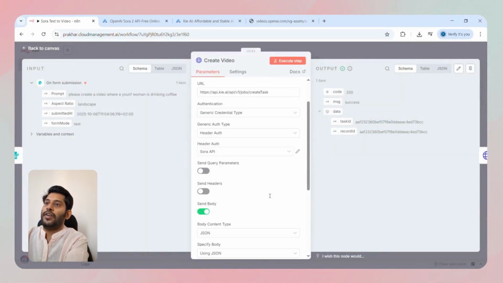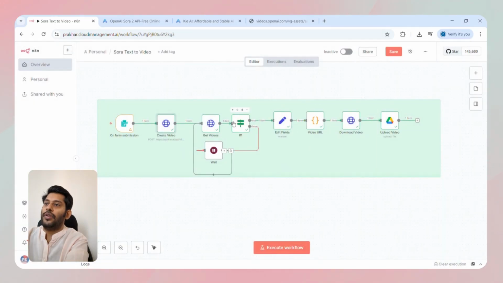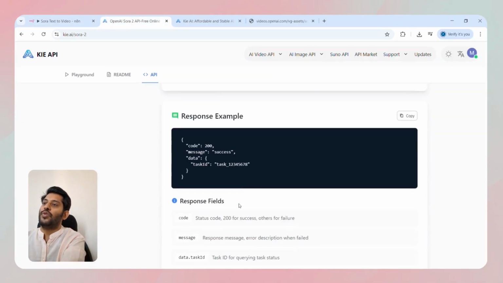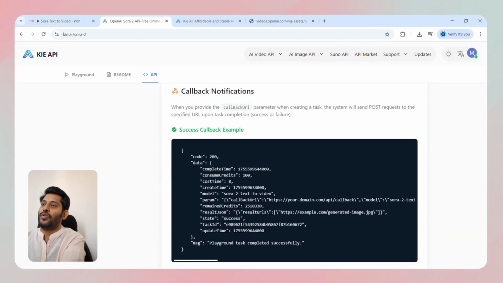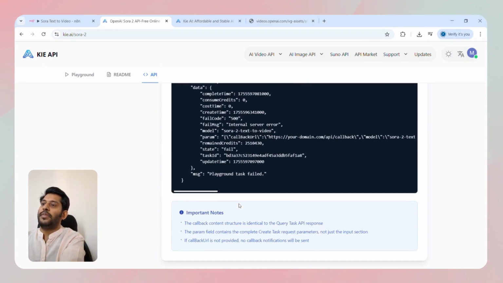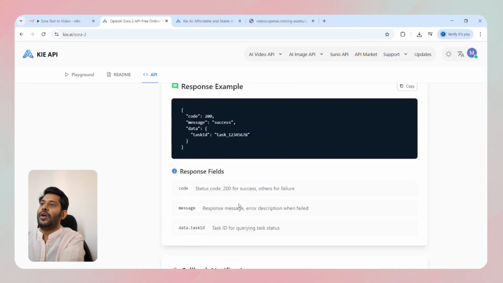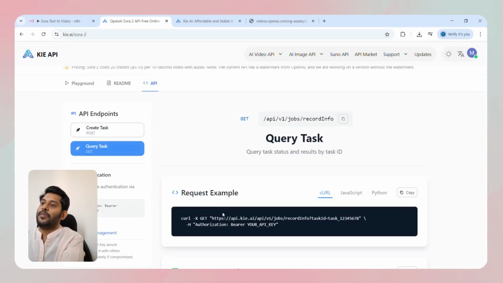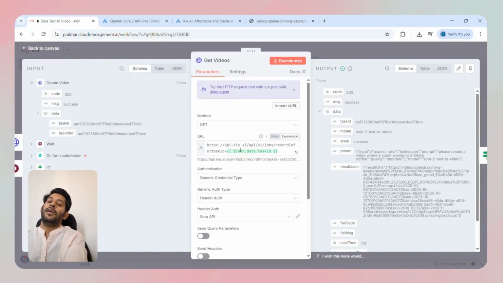After that it will process your request, and we can make a GET request to get the generated content, the video. It's very straightforward. You just go to the documentation where it mentions that you need to use this GET method. Here you can see this GET method and this task ID, and every time you